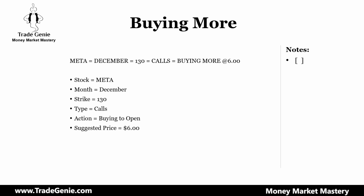So the answer is no. The average down is not based on where you bought the option and where it's trading. It is based, again, on the chart. So if the chart is telling you that it's the right time to buy, then add more, otherwise ignore. And another mistake traders make is they buy an equal number of contracts every time they buy